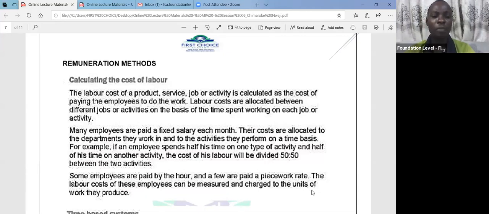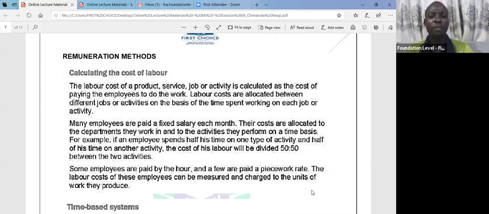Now, if, for example, an employee spends half of his time on one type of activity and half of his time on another activity, then his cost of labor will be divided 50-50 between the two activities. Some laborers are paid by the hour, and some others are paid by the number of jobs they do, which is called piecework. The cost of labor of these employees can be measured and charged to the units they work